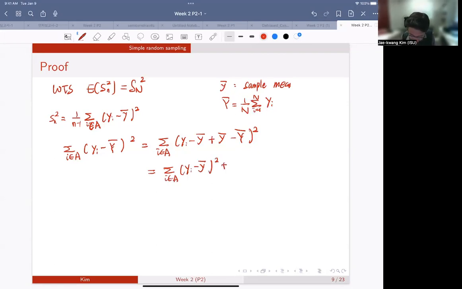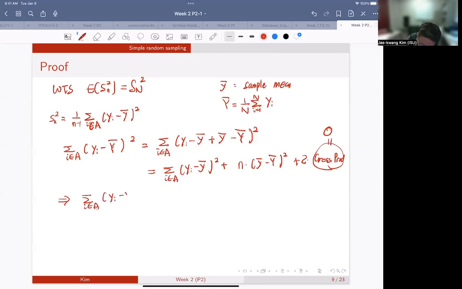And then n times (y bar minus Y bar) squared, right? And then 2 times the cross product is actually algebraically equal to 0. So that means this guy can be written as